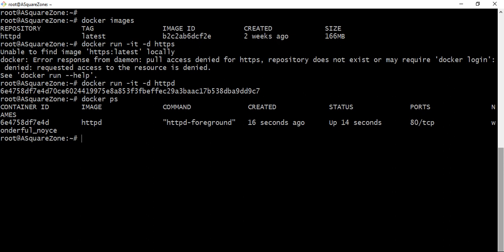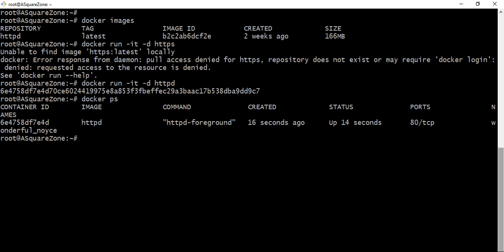It was created 16 seconds ago, and the status is up 14 seconds, and I have not mentioned any port here. So by default it is having port 80, the default httpd port number. So it is showing that one.